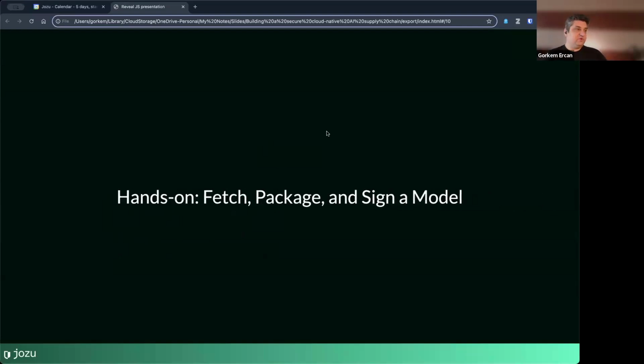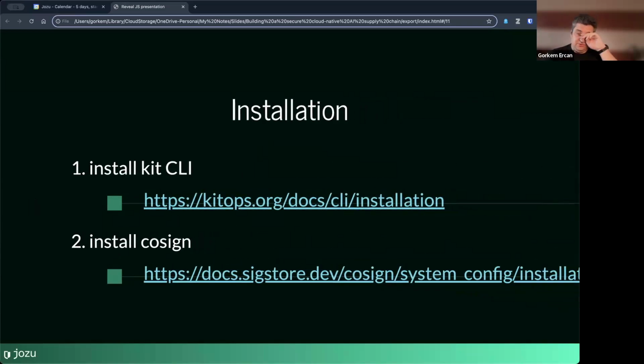All right, so we're gonna basically do the same all together. The two things that you need are the Kit CLI and the Cosign. The URLs for them are here.